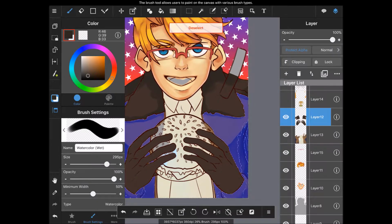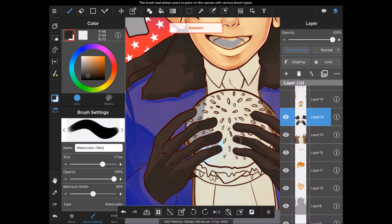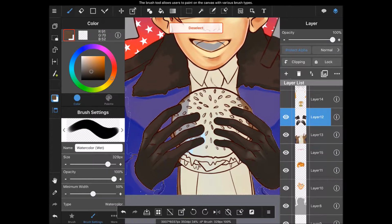This reminds me, the selection when you use the magic wand tool is pretty garbage. The one cool thing is that it has the function that is in Clip Paint where it can create a selection even though you didn't close the selection out with your line art. That's pretty cool. I dig that. I love that. But